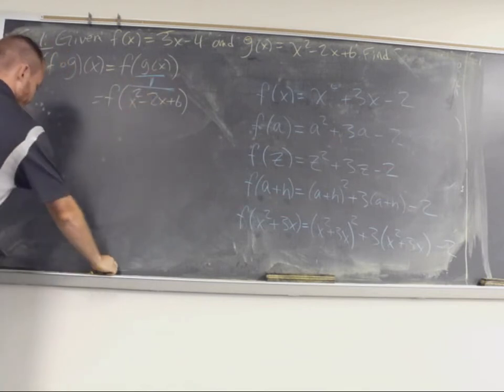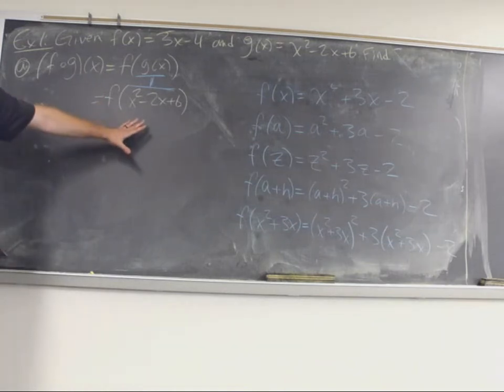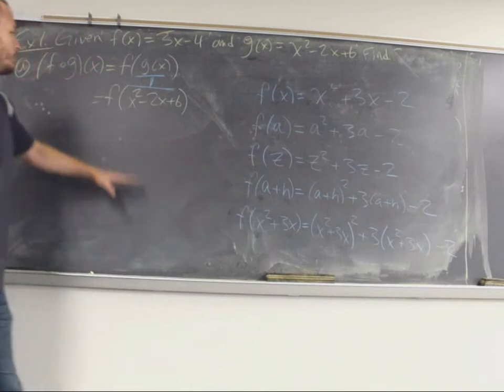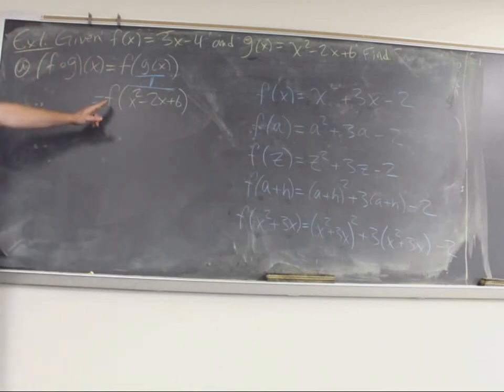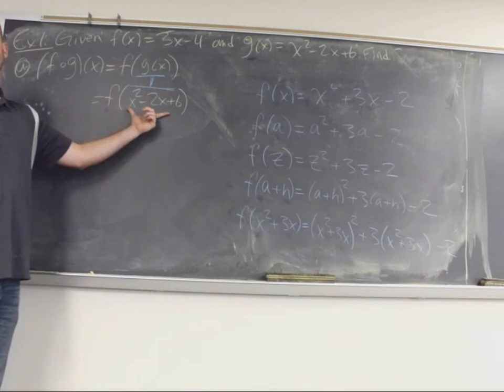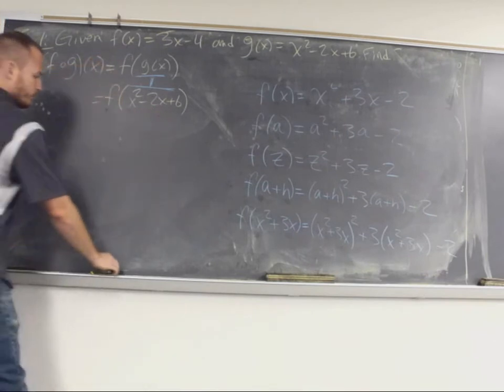Those are equal to each other. All right. Now, tell me what this is asking us to do. This step right here is exactly the same thing that we were doing over here. This is telling me that I'm using the f function now, and I'm plugging this thing in there for all the x's. So here's my f function,